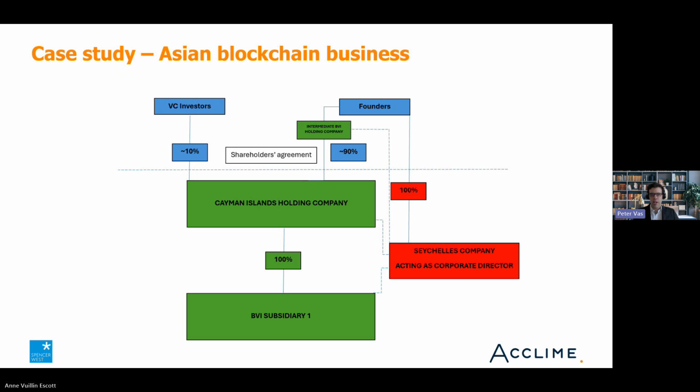And so you can see the structure that we came up with to facilitate this business on the slide. And I'm going to elaborate on a couple of key points into the thinking that went into this structure. So you can see that funds from the investors and the founders will flow into a Cayman company. We chose Cayman because Cayman as a jurisdiction is highly respected worldwide, and we knew that this would facilitate investment from geographically diverse investors in line with the client's objectives.